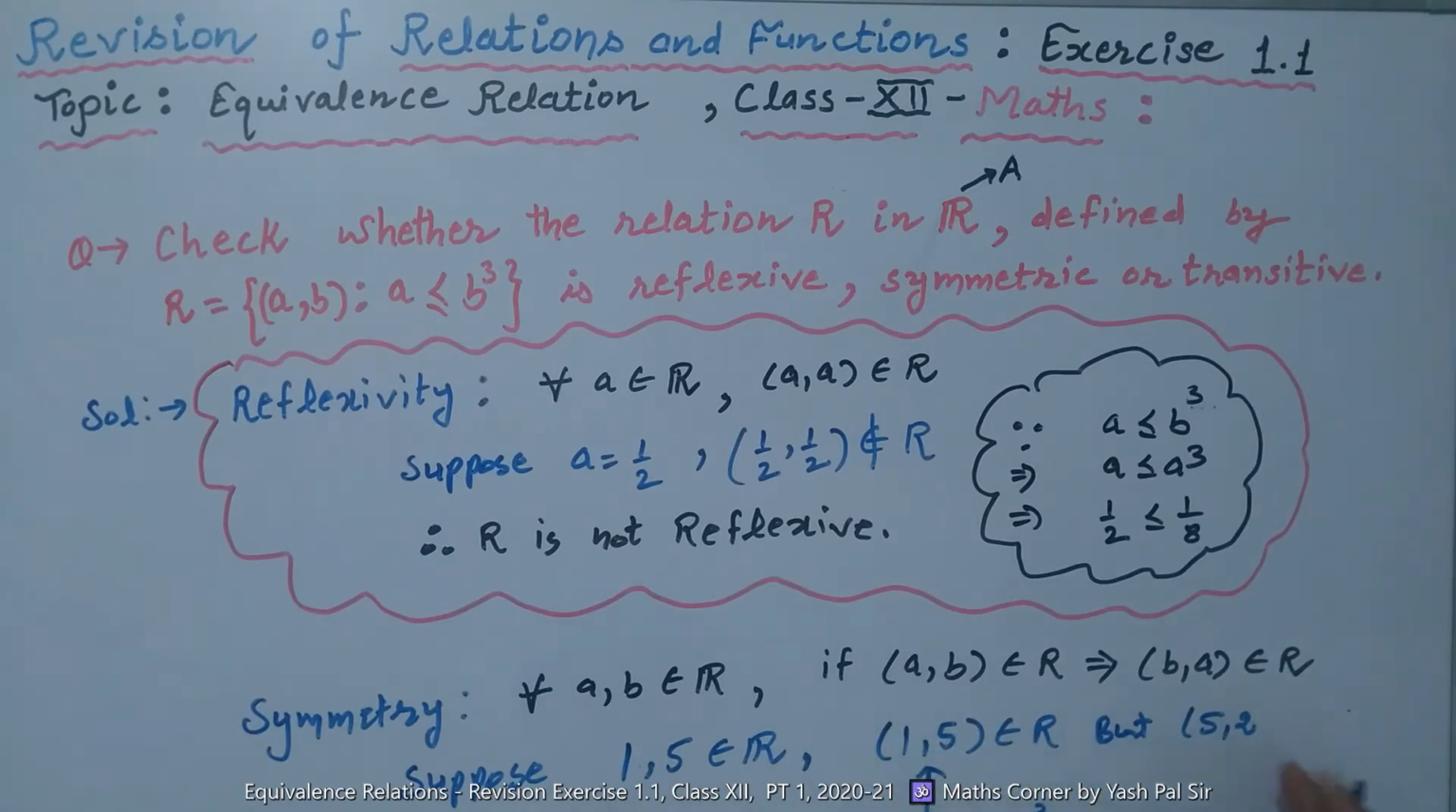For 2 this is true. (5, 1) does not belong to R. Why does this not belong to R? Because 5 is less than or equal to 1 raised to power 3 is not true. This is not true. So this is why we now say that